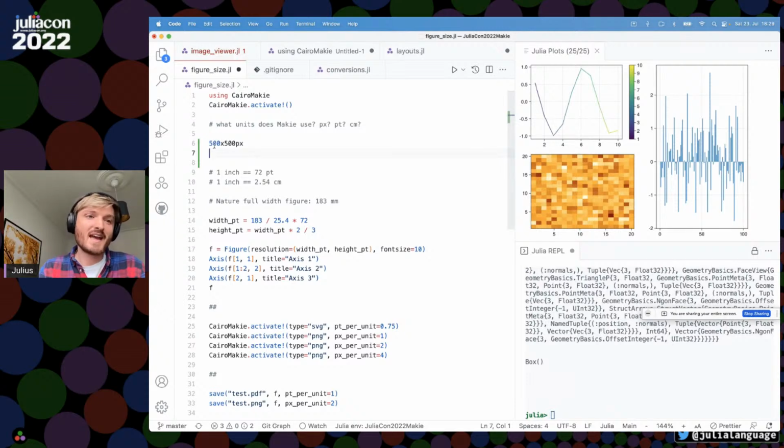So you cannot save a pixel sized image in a physical size unless you decide what kind of DPI or PPI you're looking at, right? So that means you have to do it in reverse. If you have, at least for the pixel sized images, a physical size that you want to target, so like